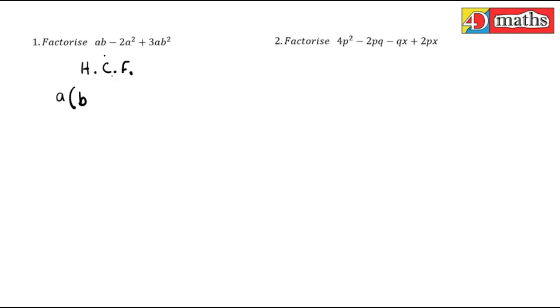So you're left with b from the first one. If you take a out of this, you're left with 2a. If you take a out of this, you're left with 3b squared. So that's the answer. Now, if you look at the second one, when there's 4 items in it, you consider